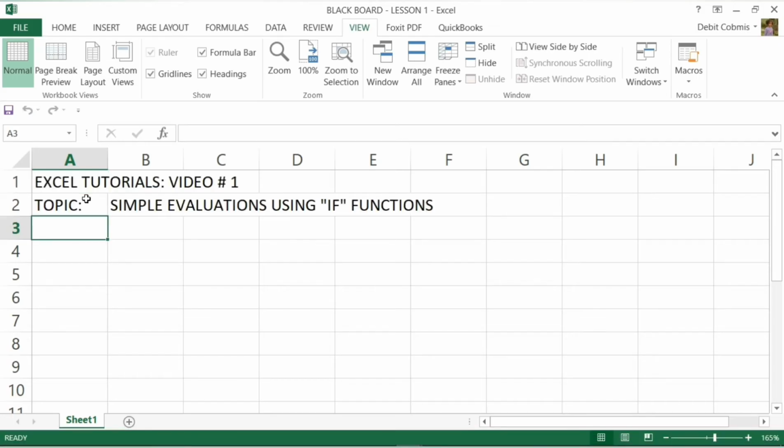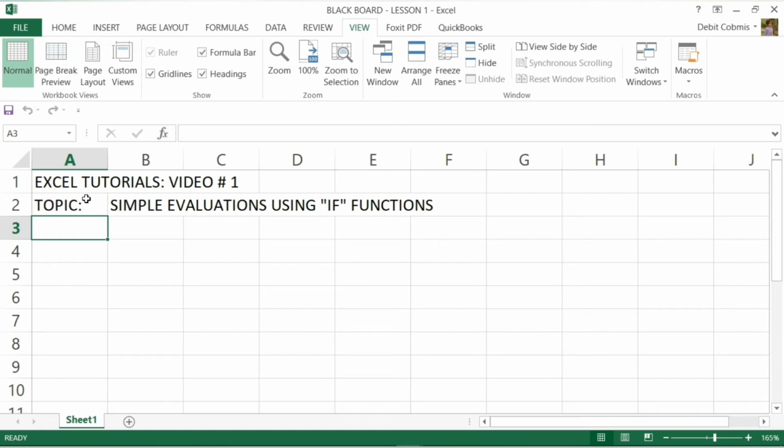Today's tutorial will be going through the if function. The if function is an inbuilt formula that evaluates data and displays a given result. In this tutorial, we'll create a formula to quickly evaluate student main scores and to display a pass or fail